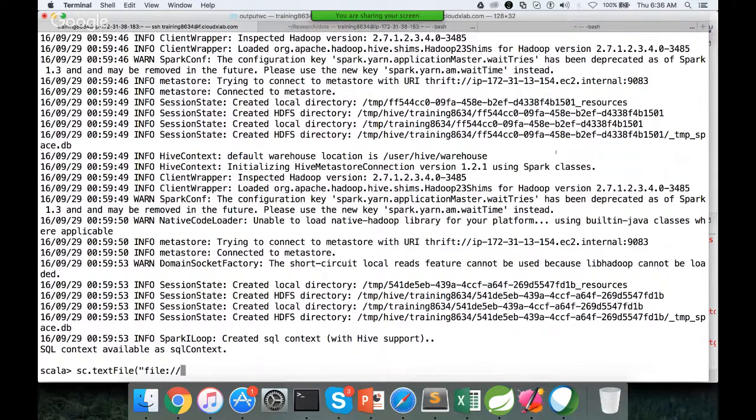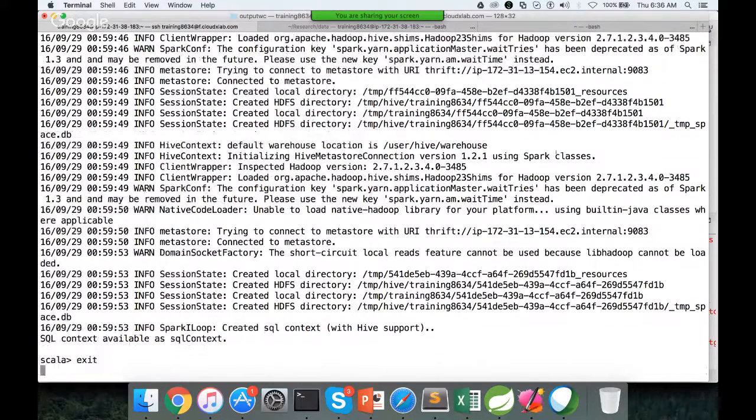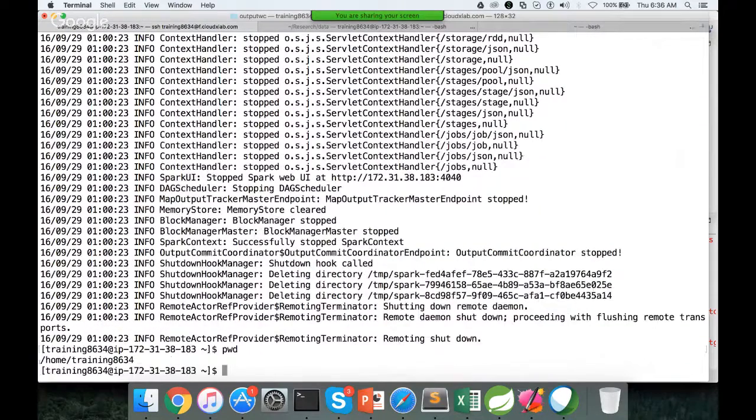And the local file system, meaning the Linux file system, starts with root, which is represented by the / itself, and then you have to give the path. So for example, here I am in this location, pwd, and I have a file which needs to be read. Okay, so we can copy this one,